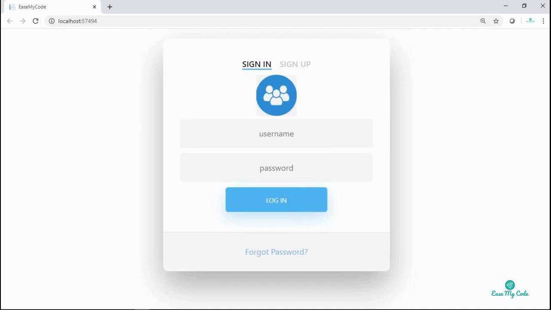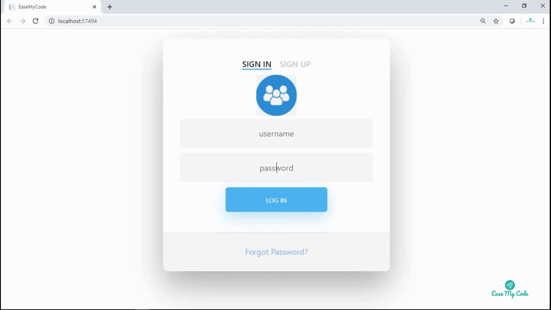In this video today, we are going to learn how this Angular application interacts with our core API and how our core API interacts with our database, which is SQL Server. So we are going to fetch the data. We are going to validate the data, whatever the user has entered in the username and password field, and we are going to validate against our table in a SQL Server using the core API and Angular here.